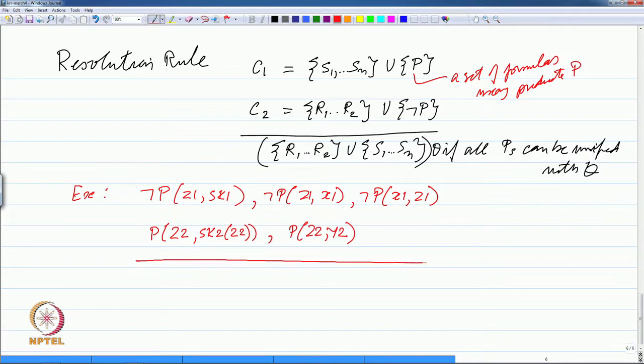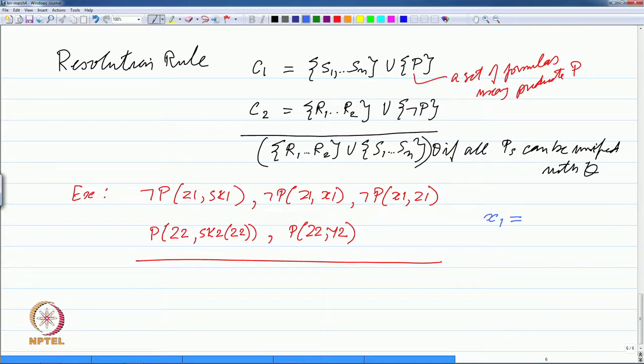So, from this what can we do? Supposing we were to take the following substitution,